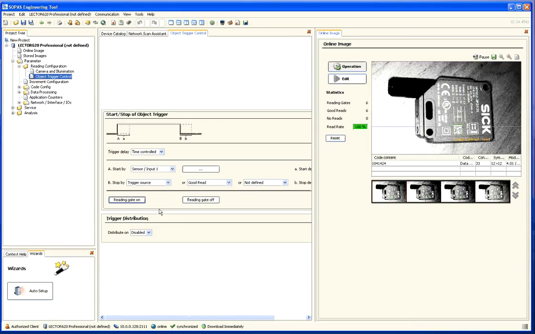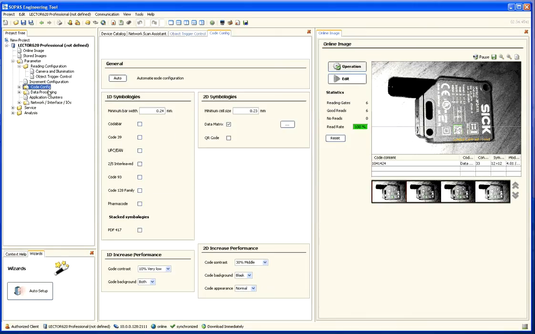So the next point is to see if any performance tweaks are necessary. We can go to the code configuration. So we open up the project tree for the code configuration. We can see here we have different symbologies, and to optimize the performance of the reader, we should